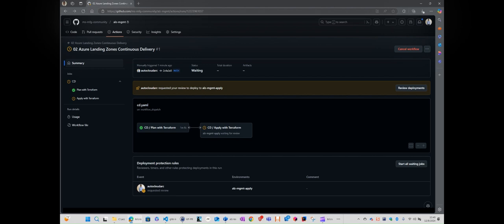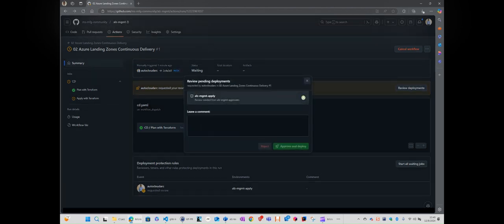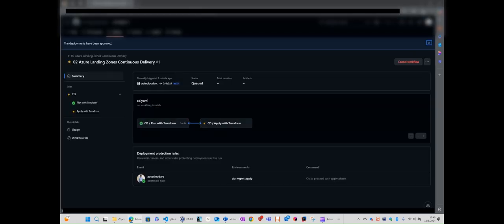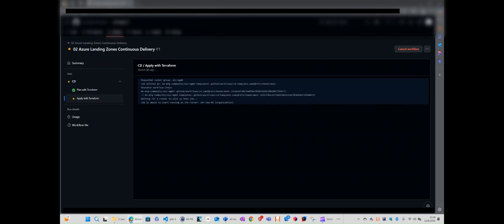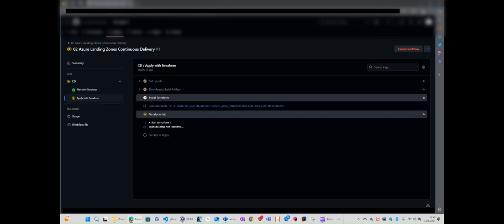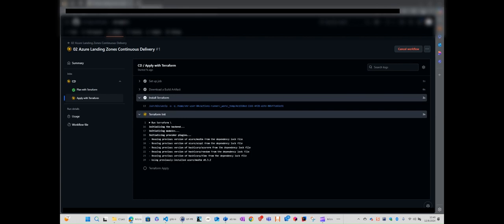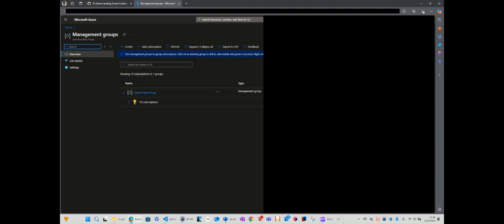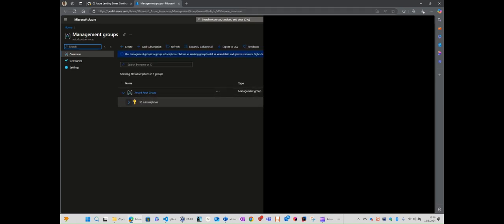If I go to review deployments on the right, I can select this checkbox, approve and deploy, and now it starts this other phase that is going to perform the deployment. The deployment that will be performed is going to be in Azure. We should see that